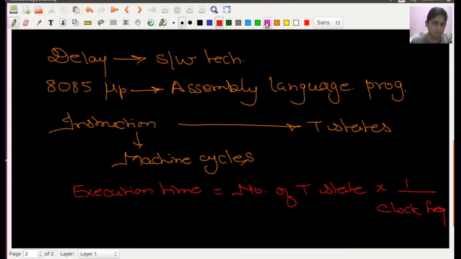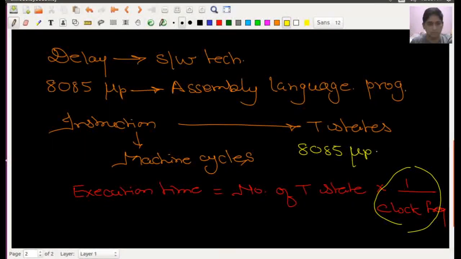Why? Because if I'm talking about any processor, each and every processor will work on some fixed amount of frequency. This is very clear. For example, the 8085 microprocessor works on 3.02 megahertz.